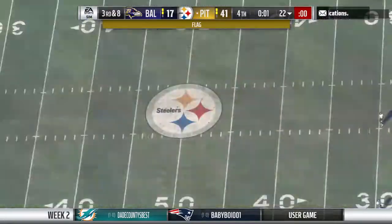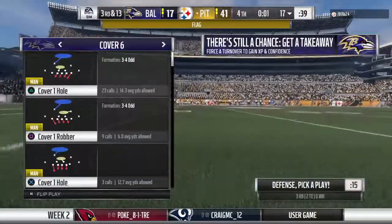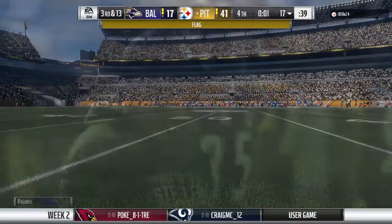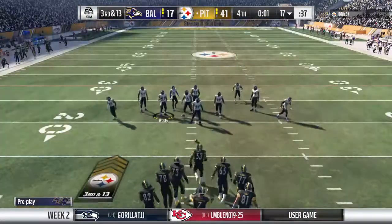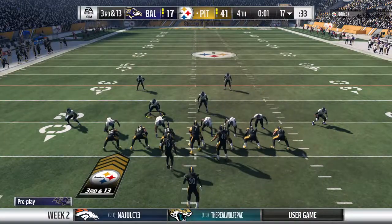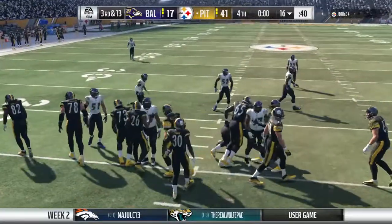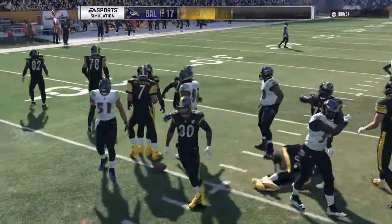And the play clock is going to run out here. They're in no hurry to get a play off. And that'll be accepted, of course, and that moves them back 5. Down to a knee here. The defense still with a couple of timeouts. We'll see if they want to...